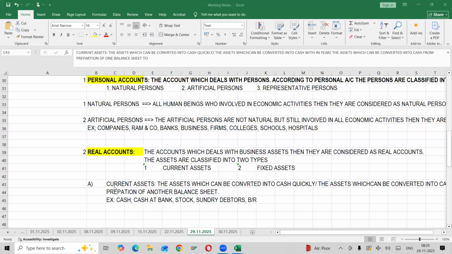Immediately, as I said, I'm a layman, I don't know. According to me, I can sell anything within a year's time. Then why will all those things not be considered current assets? Why are they not considered current assets? Hope you got my question. Then why is it considered separately as fixed? That could be a current asset only, right? I have 1 year time to sell. I can convert at any point of time into cash.